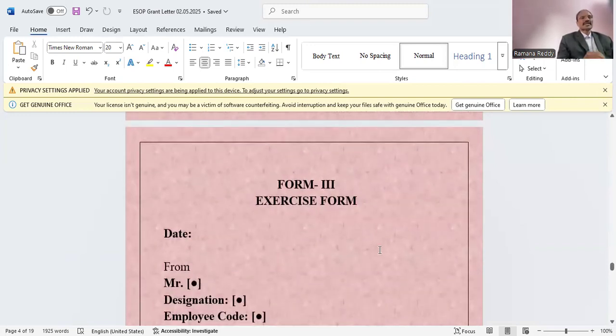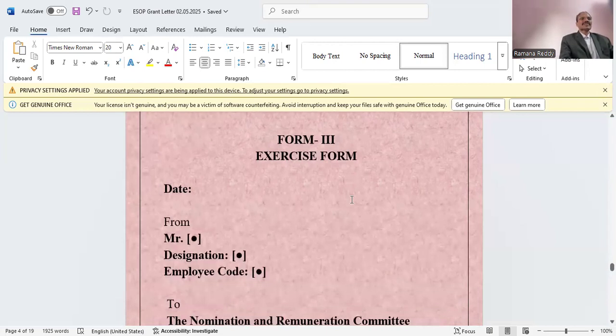Then exercise. After vesting, I gave an example of after 1 year, 1st June 2026, suppose 30% are vested. Then exercise will start immediately. Exercise period we said 2 years. So from 1st June 2026, for 2 years, he will be getting the time. And as per his availability of money, he will exercise.